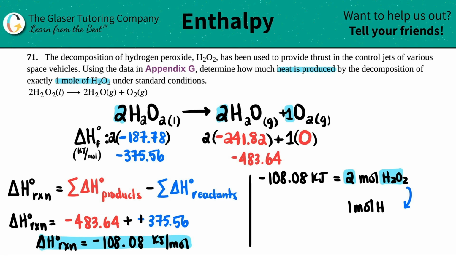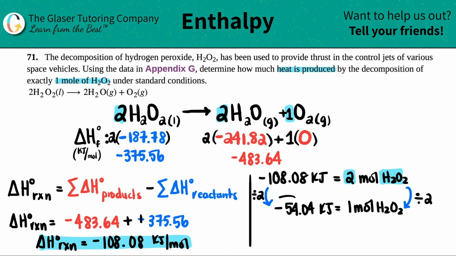by only 1 mole of H2O2, what did I do from 2 to 1? Either multiplying or dividing, right? I could basically go from 2, I divided by 2 to get to 1. So whatever I do on one side, I just have to do on the other side, right? So I will divide by 2. And that would be the answer, basically. So it's negative 54.04 kilojoules would equate to 1 mole of